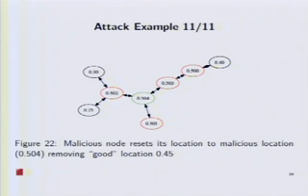So imagine storage or routing in this network for any data whose key is above 0.5. You can see that all routing requests are going to go to the highest malicious location in the network, which in this case happens to be our malicious node, but it could be any of them. But this puts a large portion of the storage responsibilities and routing requests to go through one node, which is the problem.